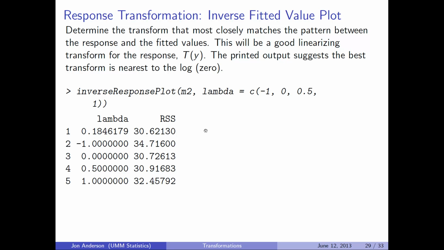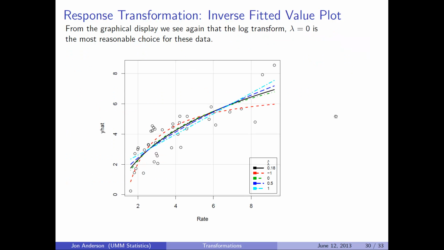And we are looking for residual sums of squares that are as small as possible. And you can see that for inverse, the residual sums of squares are quite big. For doing nothing, lambda of 1, they're quite big, but they get smaller right around logarithm or square root. And so when we look at the inverse response plot, remember the predicted values from a variety of model, the predicted values from a basic model are on the vertical axis. This would be the y hats from M2, and we have the response variable rate on horizontal,